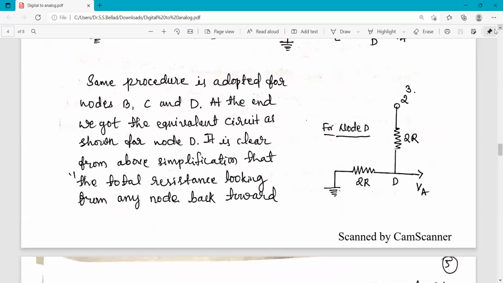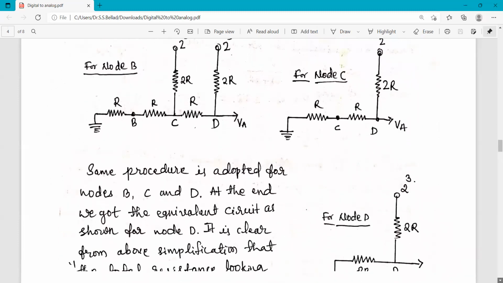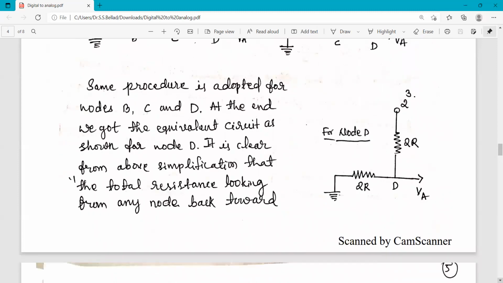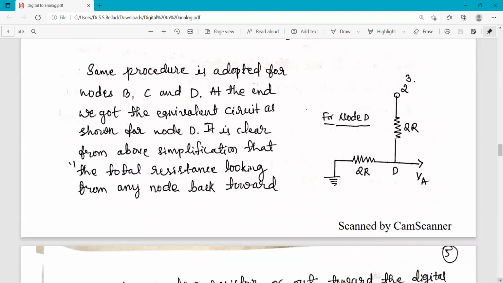And for this stage, I can stop. And if I stop, it becomes R plus R. R plus R is 2R. And I am getting an equivalent circuit, the reduced circuit, like this for this node D. So it is clear from our simplification that the total resistance looking back from any node,